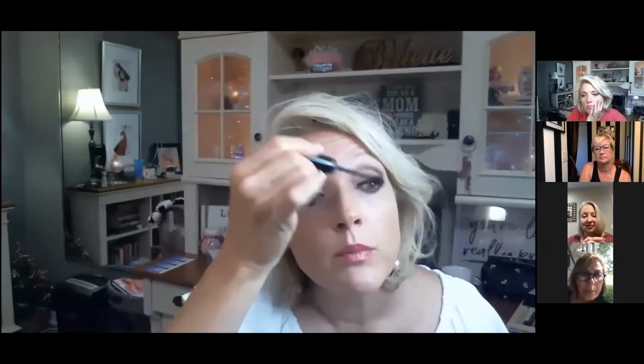Let that dry a little bit. And then I'm going to go over it with my mascara. This is my new latest favorite. I've always loved Ultimate Mascara, but I'm really liking it in black brown. There's something about doing the black and brown, just like the deep brown eyeliner, it just makes them look thicker, thick and long. And if you work it right in there and then kind of go side to side, like that,